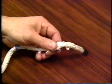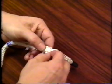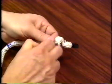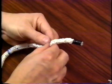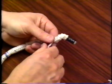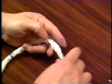Okay, I'm pulling them right out of there. And there again, pulling some of these, pulling them right out of there. And then I've got 2 left here. And then I'll just pull those right out of there. Now,